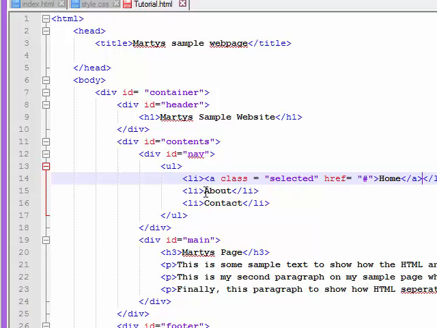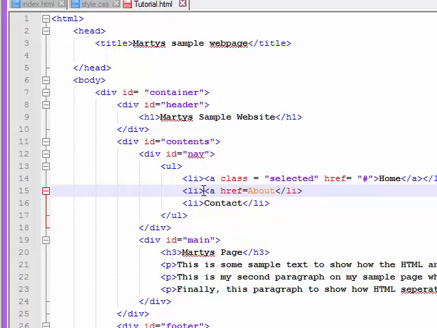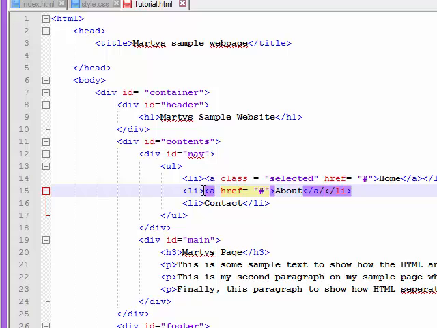So I need to put an a tag. Let's go ahead and do that. And then href equals. And I'm going to open my quote. Notepad++ is going to close my quote. I'm going to put my pound symbol in there. I'm going to simply put my close bracket. And I'm going to close my a tag on the other side of the word about. Oops, excuse me. And that should do it. So now that I've got that, I can simply copy this,